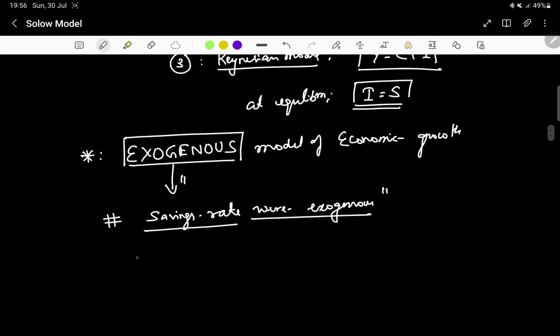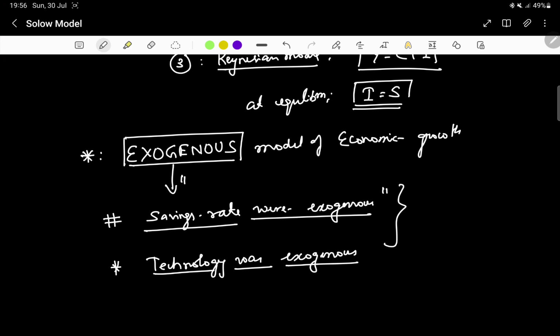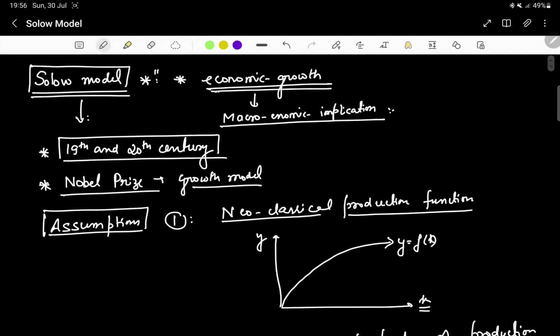Also, technology was exogenous. So these were the two things that we need to keep in mind while we read about the Solow's